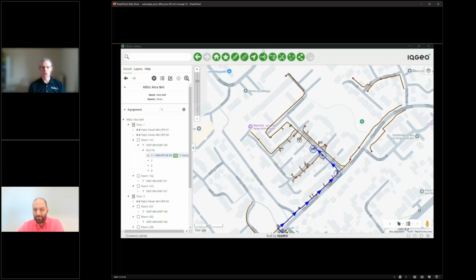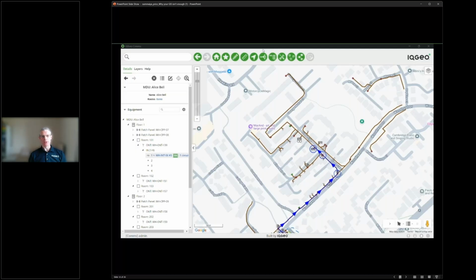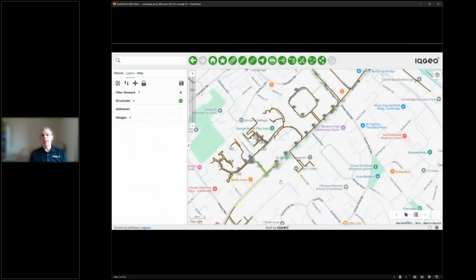All right, brilliant. Thank you very much, Anthony. So I think you can see there that ability to transition for the field user seamlessly from working online, as you can see with Street View, and then switch to offline mode. That will happen automatically if connectivity is not present. So that's that seamless transition, the full capability being available.